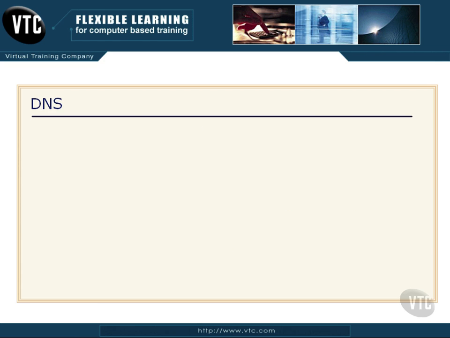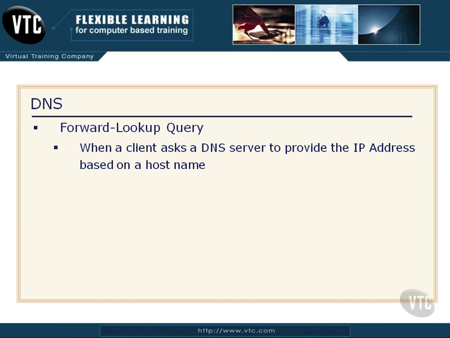And so let's talk about 3 of them here. Then I'm going to do a little animation and talk you through how DNS works, and you'll get some more terms as we move on through some of the videos in the course here. First of all, a forward lookup query. This is simply when a client asks a DNS server, hey, give me the IP address for this particular host